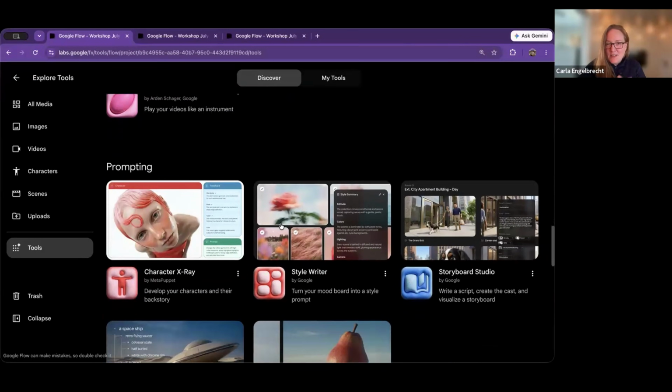So a bunch of other ones. There's style writers in here. What's really fun is starting to just play with it. I tried making one the other day where they have tools now with these characters where you can assign a voice. And I wanted it to start to say specific lines in that voice. Then I wanted it to deliver in a specific way. And I hit some limitations where you can't actually upload